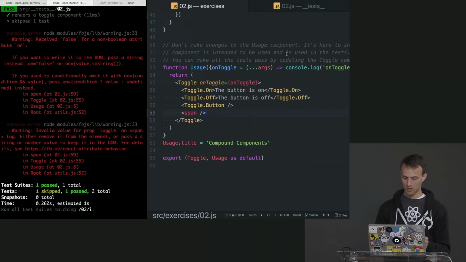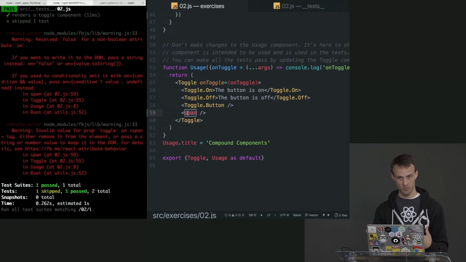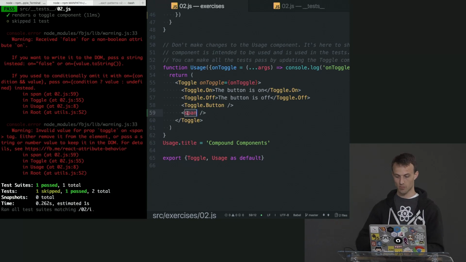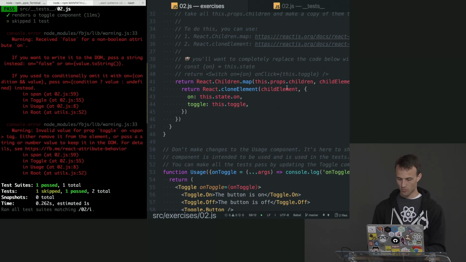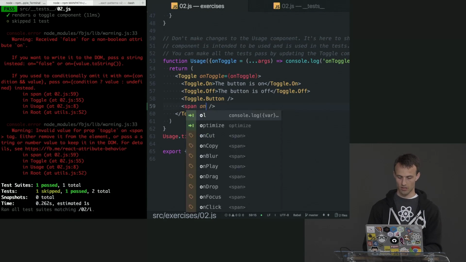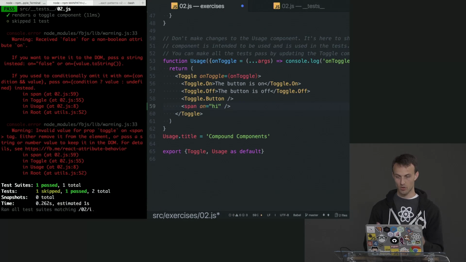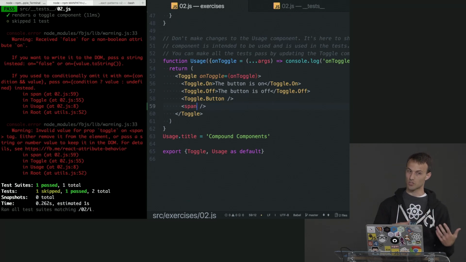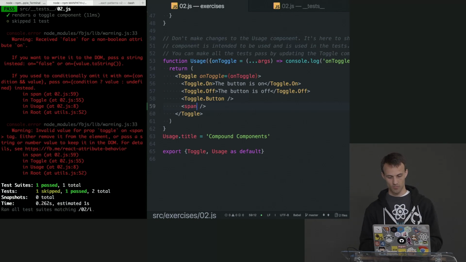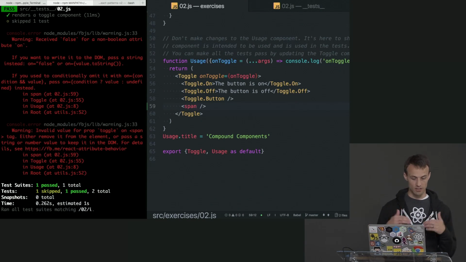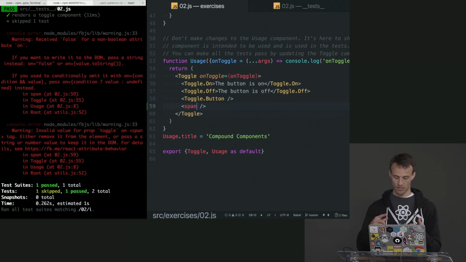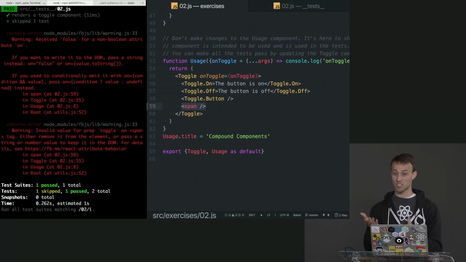And so what's happening here is this is also a React element that renders a DOM node. And we're passing props on and toggle to this span. So it'd be like on equals hi there, whatever. On is not a property that span can accept. So I wouldn't do that, and there are ways that you can get around that problem. Actually, I can talk about that. But that's what's happening. So it works, but you get this warning because it's passing a non-DOM attribute to this